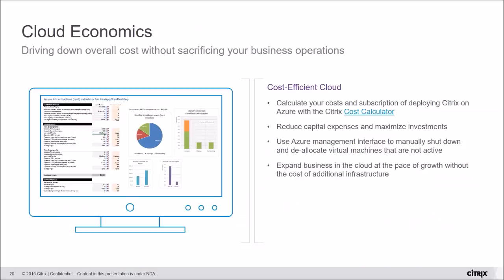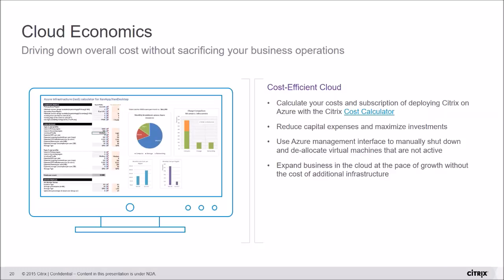And just before we wrap up, let's talk about cloud economics. Obviously, we've got the capability to run up, as we mentioned earlier, a proof of concept environment with all those Citrix components in Azure very quickly. We're able to test our applications in Azure running on XenApp, access those remotely using NetScaler securely from a range